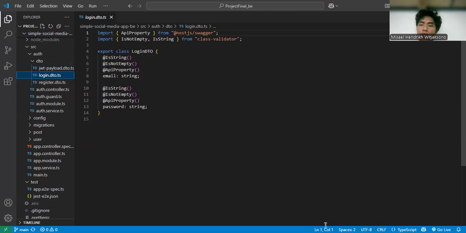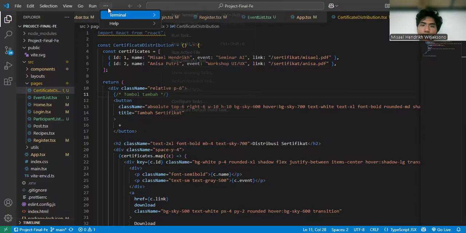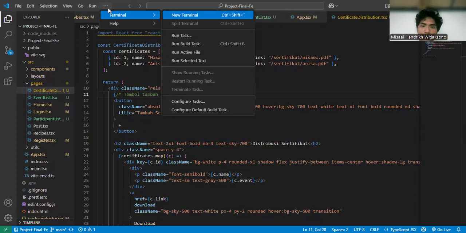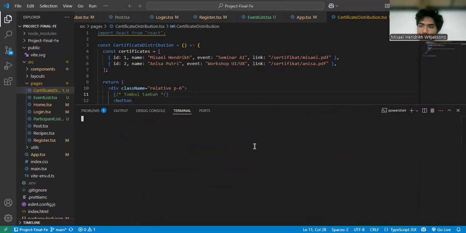Okay, now it's time to demo or show my website. npm run dev.